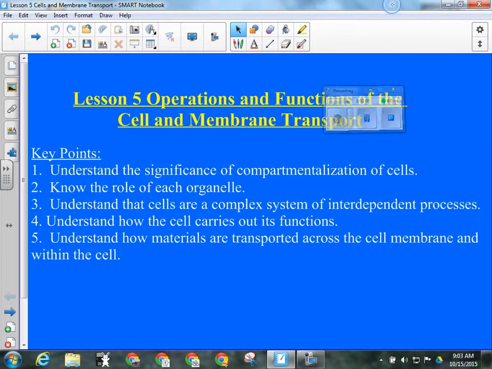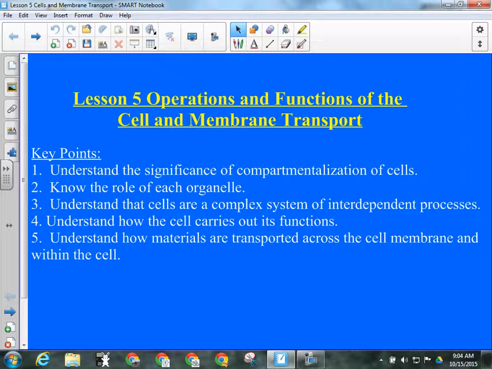Okay, obviously we didn't quite finish the plant cell, but I mean, the rest of the stuff we hadn't finished was all the same as the animal cell anyway, so it wouldn't be hard for you to just flip back and forth and figure them out. Okay, what we got to go over today is what do all the parts of that cell do, and how does the cell transport materials? Okay, and by transport materials, I don't just mean within itself, I mean how do they get in and out,